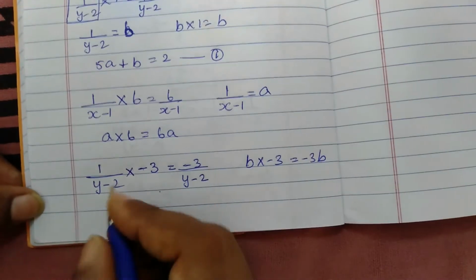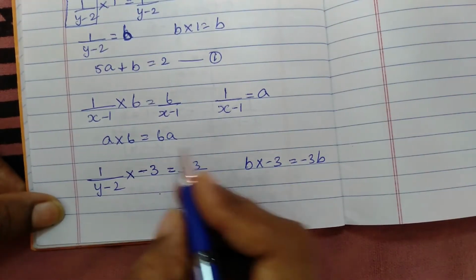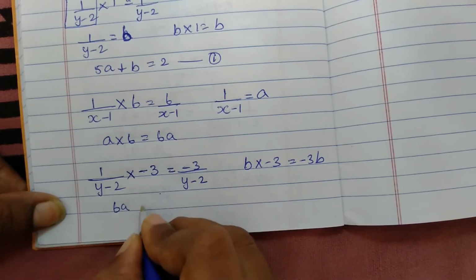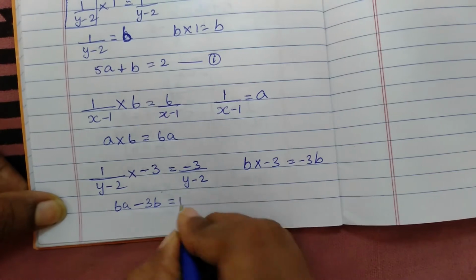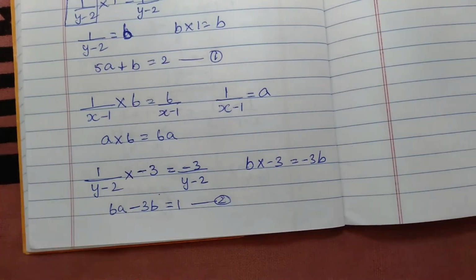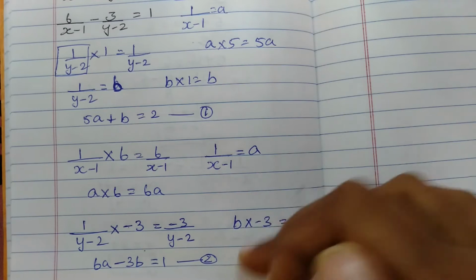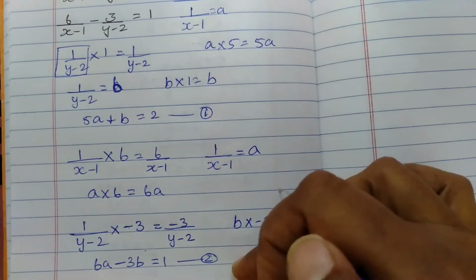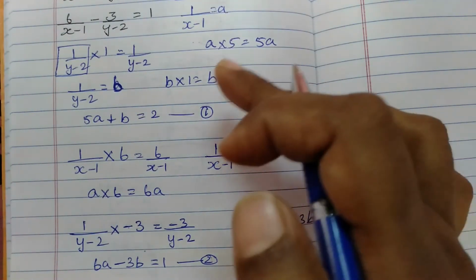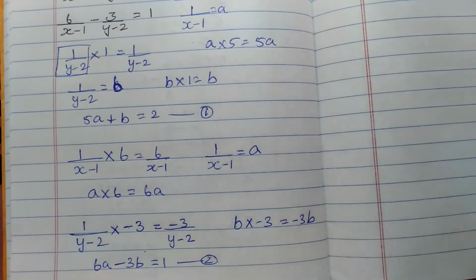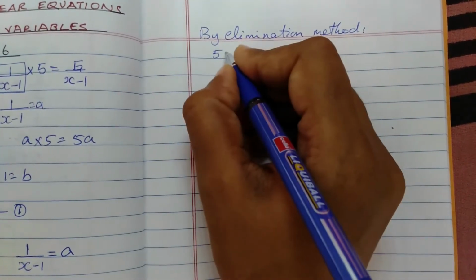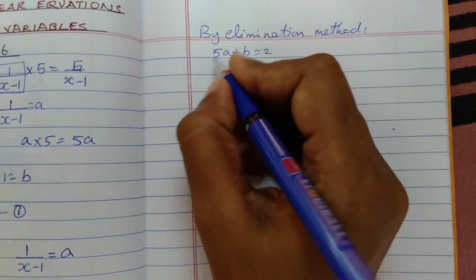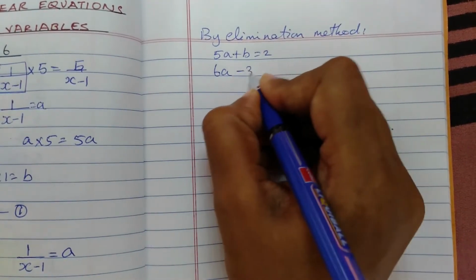Now let's write the equation fully. Your first term is 6a, then this is minus 3b is equal to 1. Now this is how you have reduced your equation to the pair of linear equations. Now we will be using these equations to find its solution. So let's use the elimination method for that. Now let's write the two equations. First one is 5a plus b is equal to 2, and the second one is 6a minus 3b is equal